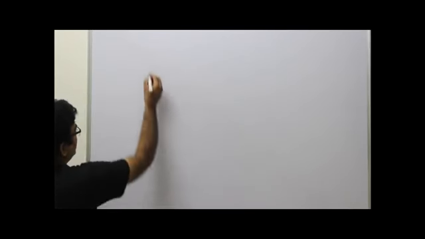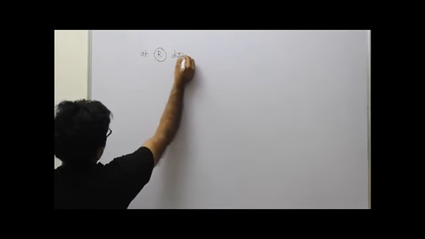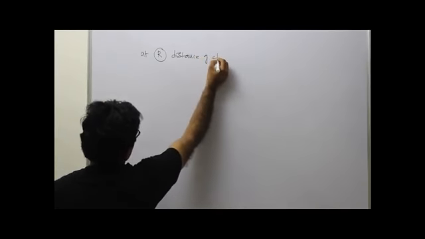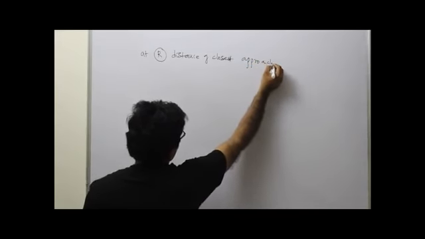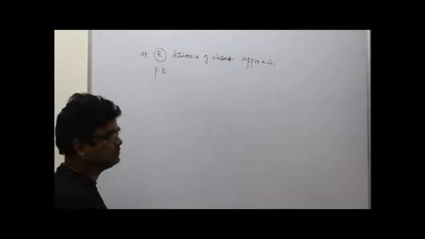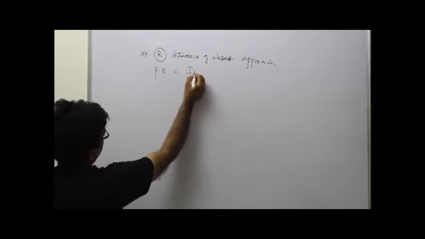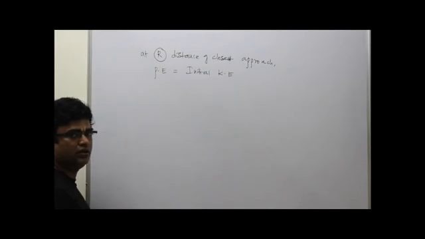Let us apply Coulombic laws and try to calculate the distance of closest approach. At the distance of closest approach, which I am calling R, the potential energy between the alpha particle and the nucleus will provide the necessary initial kinetic energy for the alpha particle to get accelerated.